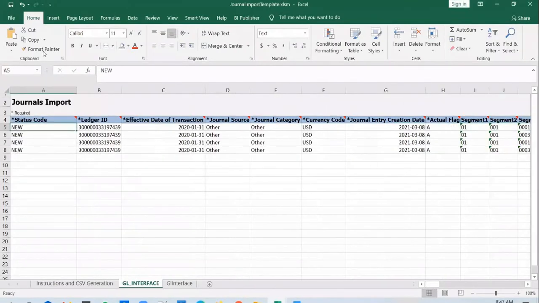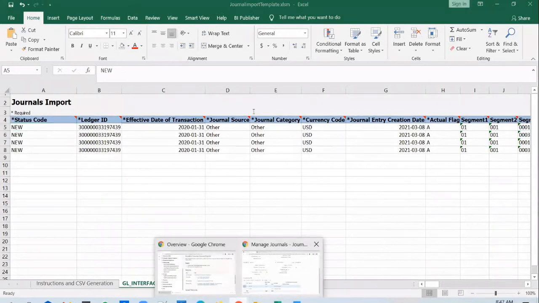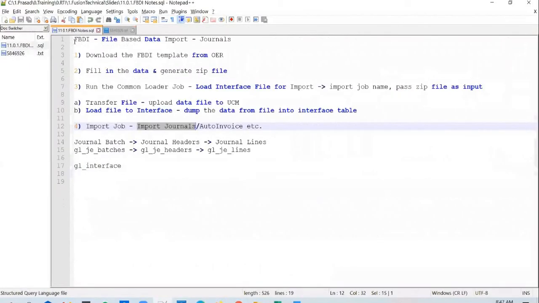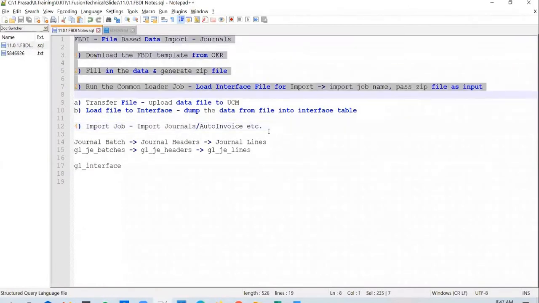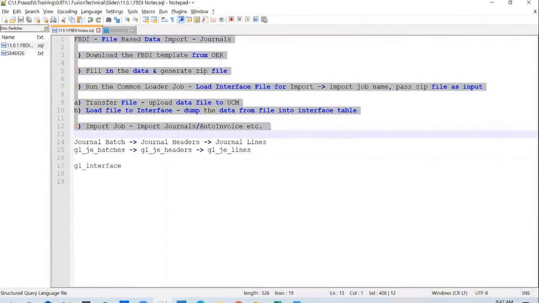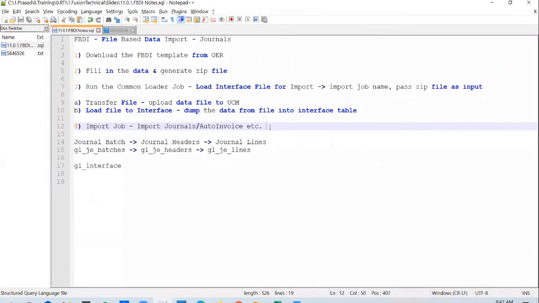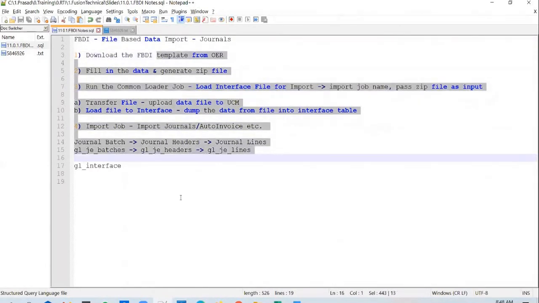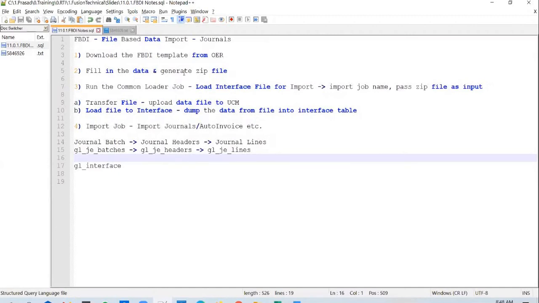Okay, so this is a happy path. Whenever you load in a file, if it gets loaded successfully, this is how it works out. If you run the FPDA process, you need to follow these steps. In case there are no errors in the data file, which will rarely be the case, usually you will have errors. We'll talk about error handling options in a moment. But in the case of a success scenario or happy path, if you perform these steps, extract the data and load it in, it goes through successfully, and you will be able to validate the data in the application as well.